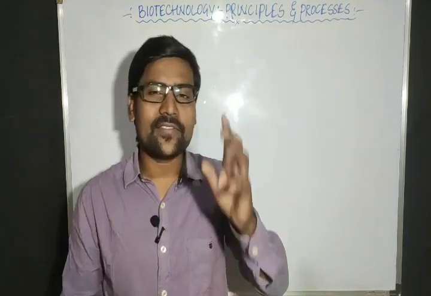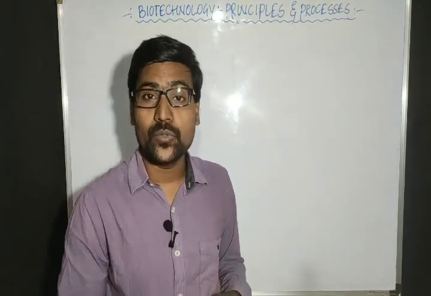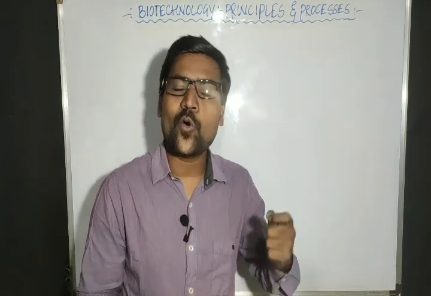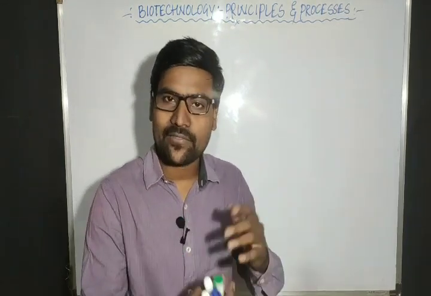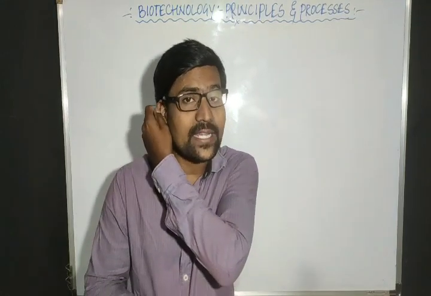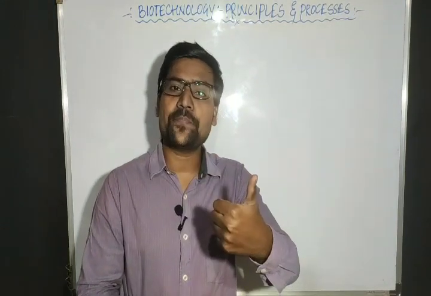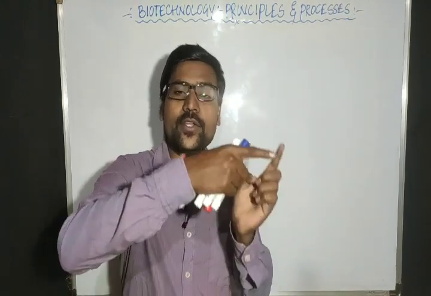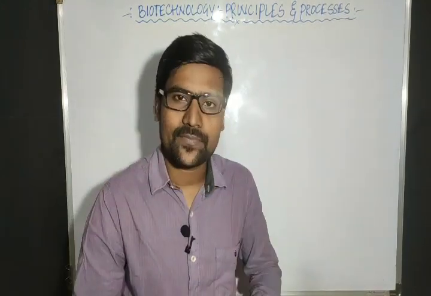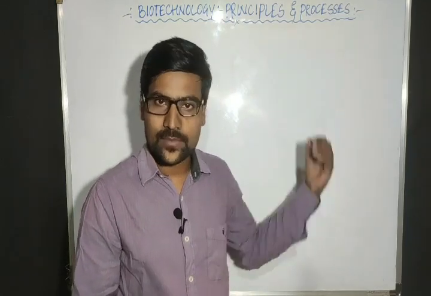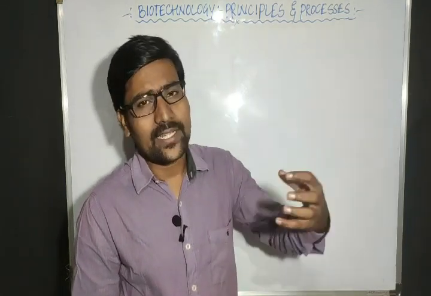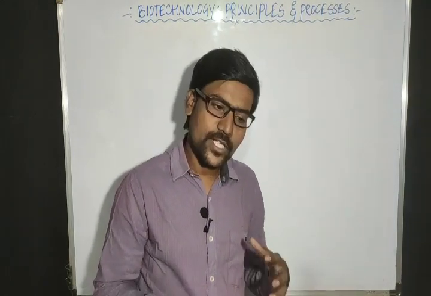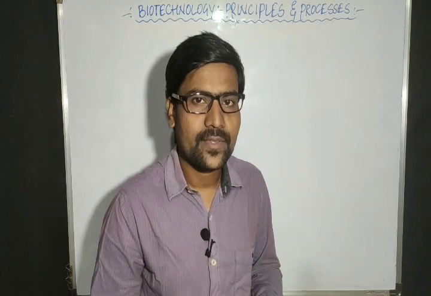Who created the first such artificial rDNA? Two scientists, Stanley Cohen and Herbert Boyer. They created artificial DNA by using two bacteria. One is Salmonella typhi, and after preparation of the rDNA they introduced it into the E. coli cell. We observed that in the last class. So rDNA creation is the major part of genetic engineering. So we got rDNA, right?